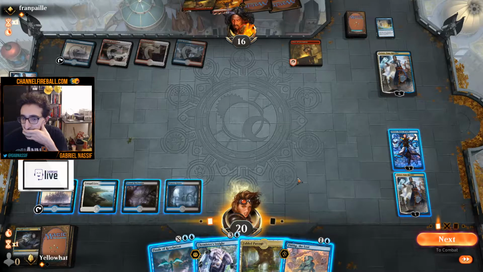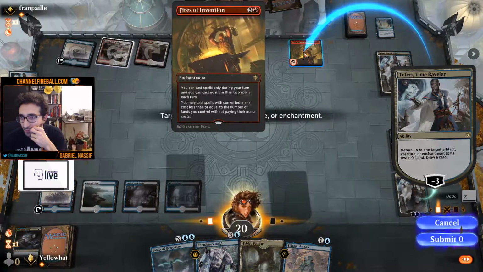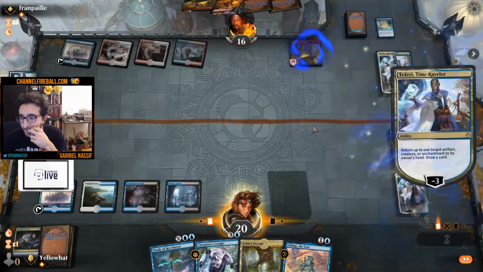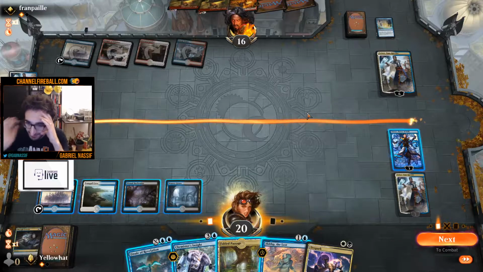Should I fetch for planes first? I might play a tap land at some point. Alright, I'll start with... I think I'm gonna have to do that regardless. I guess I could draw this spark. But that's still fine. And then...